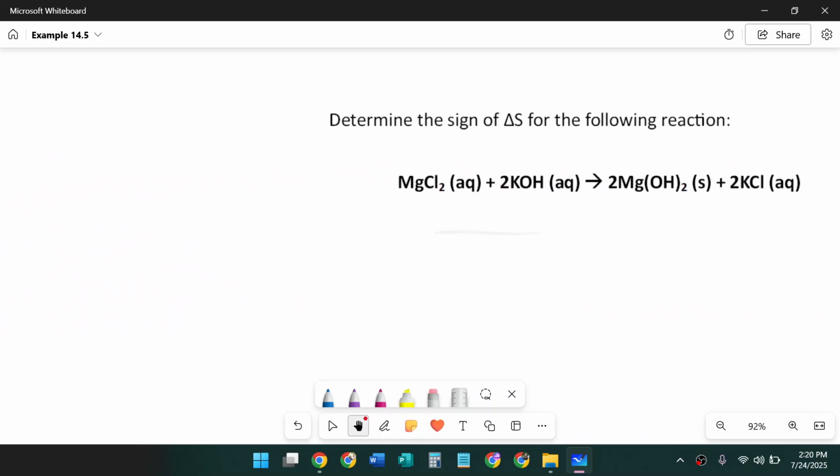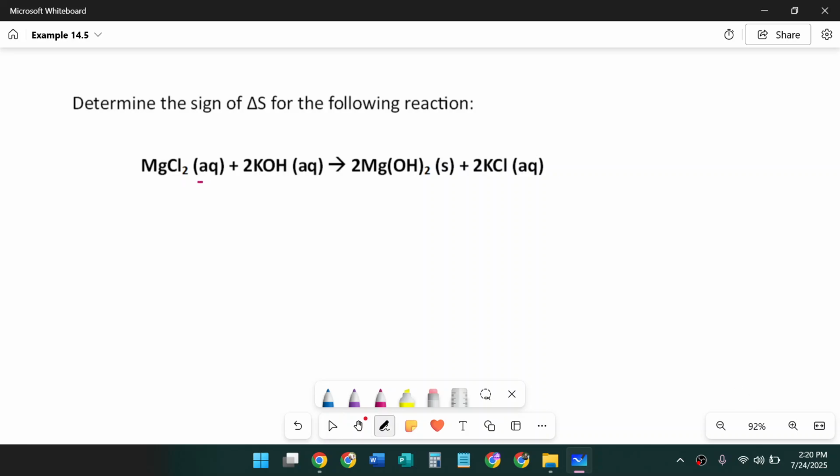Okay, last one. Same thing. Let's start with looking at phases. We have mostly things in the aqueous phase, liquids, and then we have this one solid right here. And so the solid phase is the lowest entropy phase, which means this one's going to decrease in entropy by having that solid involved. So this side is going to have a little bit more chaos, the reactant side. We can also count the molecules to see. So we have 1 plus 2 molecules on this side, that's 3, and then 2 plus 2 molecules on this